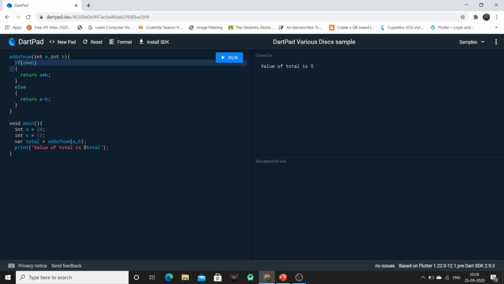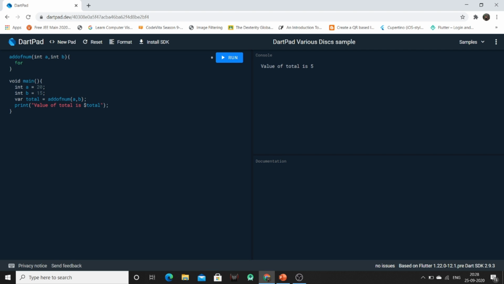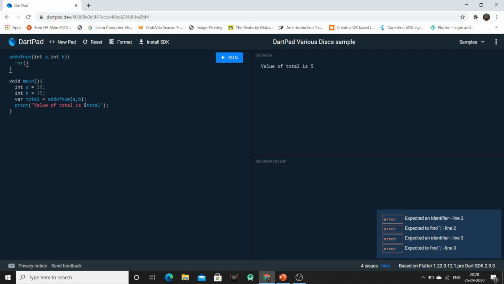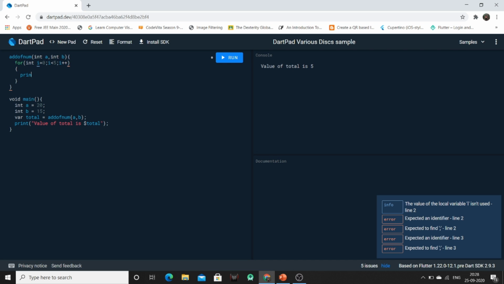Like we can implement for loop as integer I is equal to 0, I less than 5, I plus plus, and we can print the value of I. So this is the for loop.